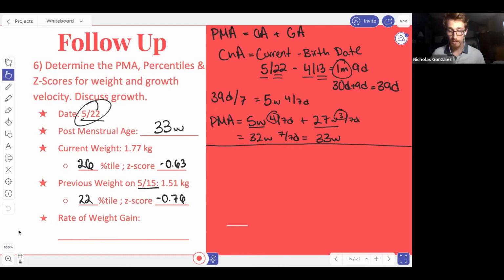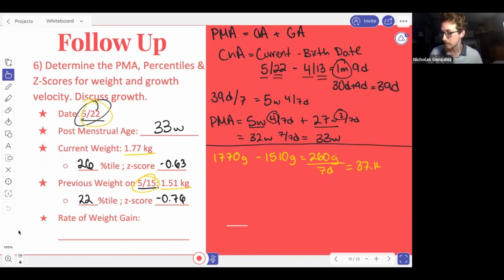Remember from the earlier slides, we're going to do the current weight minus the previous weight in grams first. So we have 1.77 kilograms, which is 1770 grams, minus 1,510 grams, for a total of 260 grams. We want to divide that number based off of how many days have passed, just to figure out the rate of weight gain per day. So from 5/15 to 5/22, that's a total of 7 days. Divide that by 7 days to give us